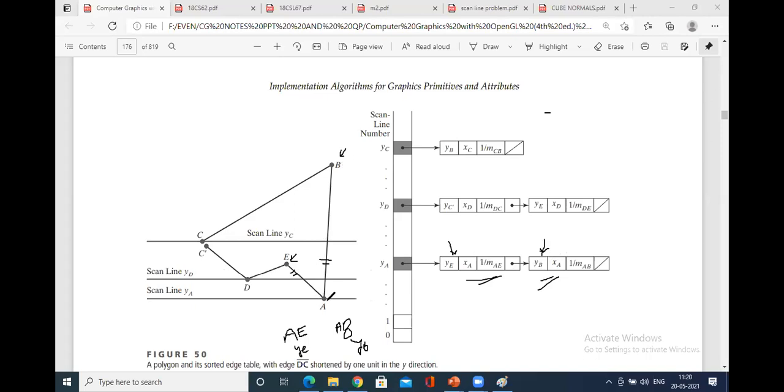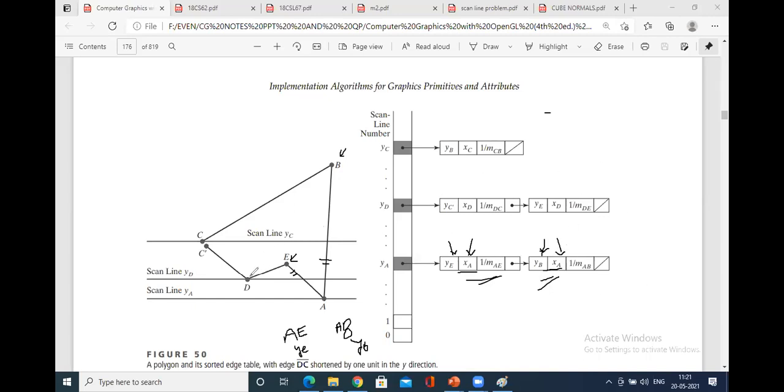So where we have a minimum value, imagine x1, y1, x2, y2. Here it is minimum, no? Again x1, y1, x3, y3, which is the minimum value here, no? So that x value has to be considered where we have the minimum y value. That will be updated into both data structures, and you have to calculate the slope of the line with respect to AE and AB to update into the global edge table. This is called the global edge table.